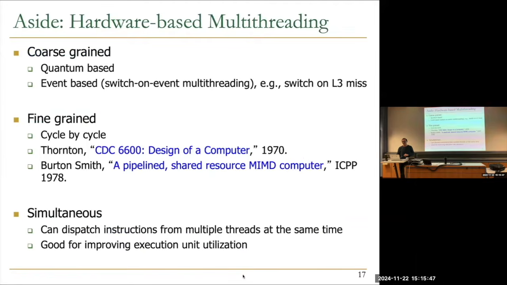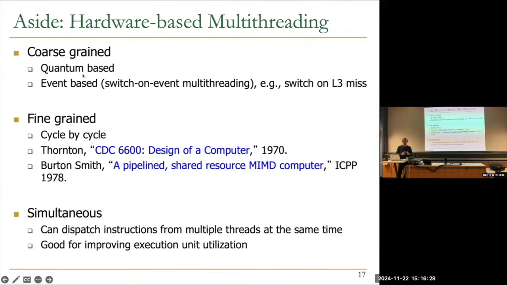Okay. So I will make an aside over here, which is hardware-based multi-threading. Essentially, multi-threading is also another approach. You can execute multiple threads concurrently, right? But these multiple threads don't need to execute on separate processors. They could execute on the same processor. In the same processor, there are different approaches to hardware-based multi-threading. One could be coarse-grained, fine-grained, and simultaneous. And again, all of these are implemented in today's processors, except processors that implement fine-grained multi-threading don't implement simultaneous and vice versa, in general. But coarse-grained is over there.